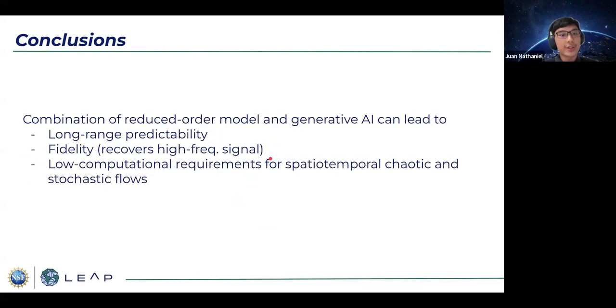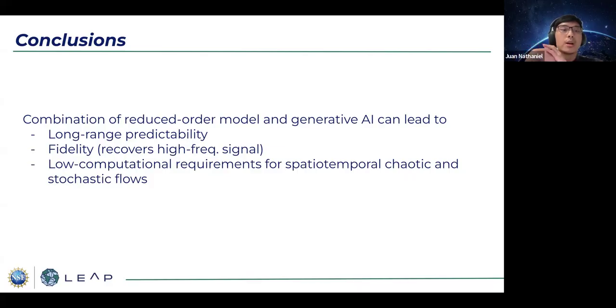So these are just some of the conclusions here, because I think a lot of the effort nowadays is to build bigger and more complex models. But I think our idea is whether we can combine the benefits of both types of modeling approaches. Reduced order models are good for interpretability, less complexity, fast inference speed and so forth. And can we combine it with a more complex model like generative AI,